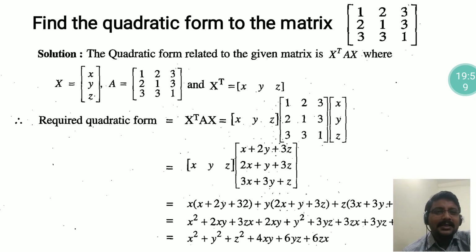First we have to multiply these two matrices. Multiplying the 3 by 3 and 3 by 1, we will get the result as 3 by 1, and 1 by 3 is multiplied with 3 by 1. So clearly we will get a 1 by 1 matrix, that is a matrix involving only one element, which is the required expression. So it is the required quadratic expression of the given matrix.